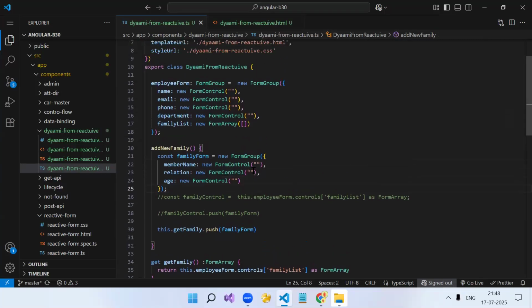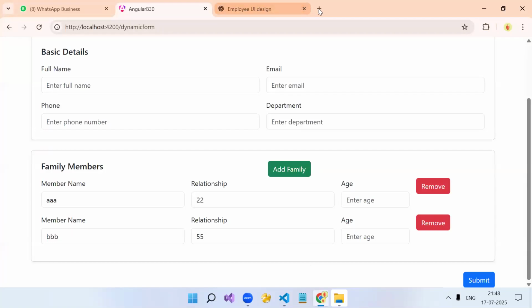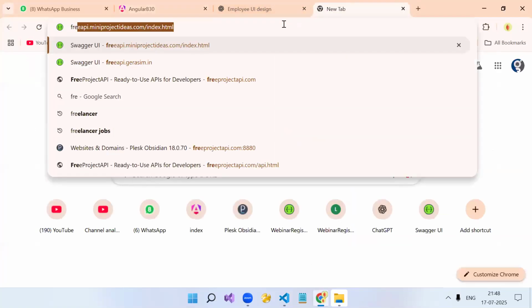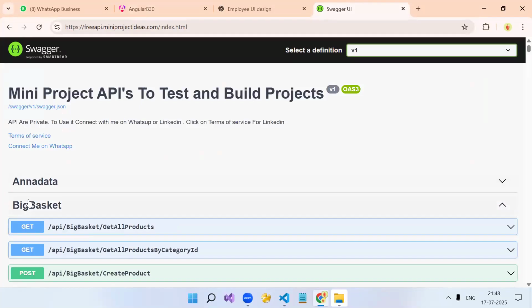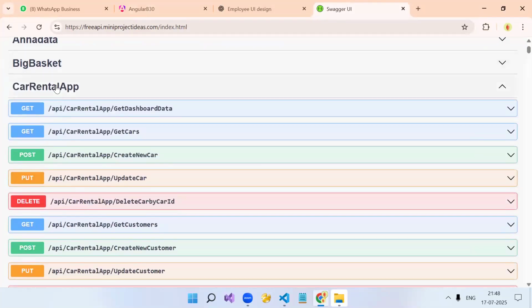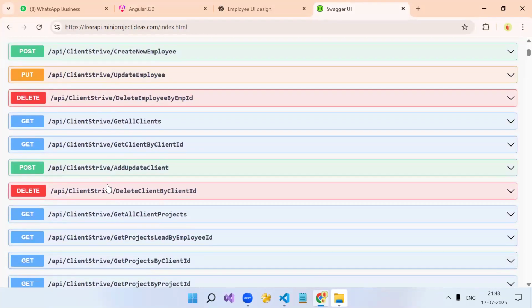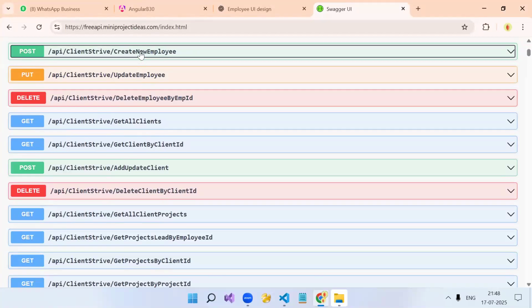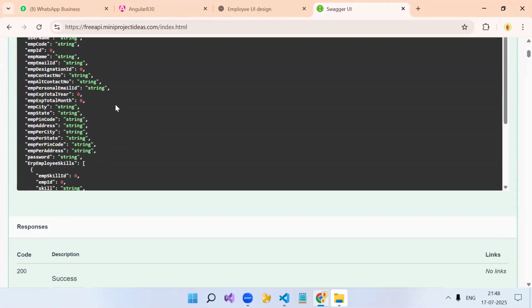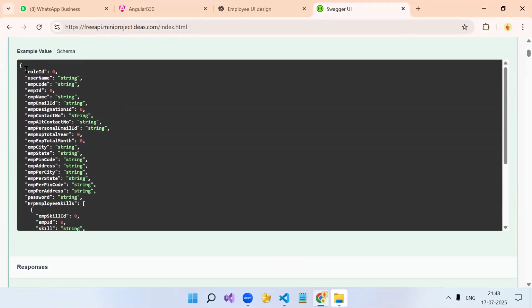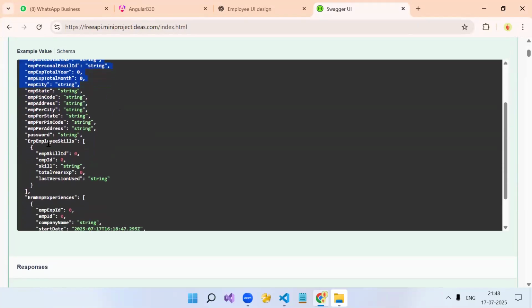Clear everyone? Now in our project, we have a scenario like that. If you check the create employee form, see, employee basic detail. In employee skill, we have an array of objects.